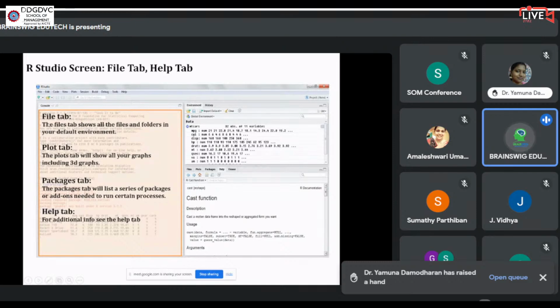The files tab is used to list out the files in our directory, and the plots tab is used to visualize a diagram. If you want to visualize the pictorial form, we can get it in the plots tab. Packages tab is mainly used to list out what are all the packages already installed, that we can look into in the packages tab. Help tab is to get any assistance